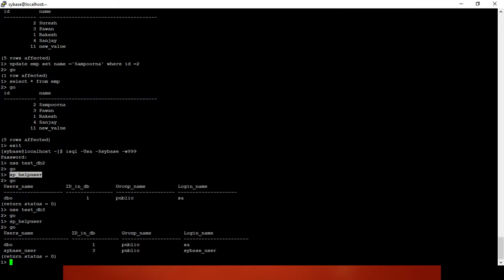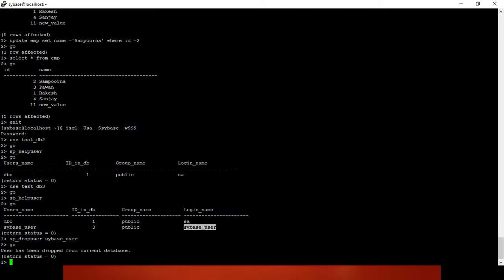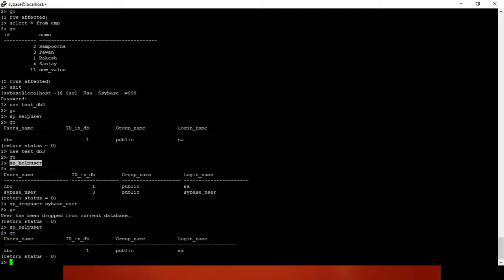So you can see the user is created. Now you can drop the user using sp_dropuser username to drop the user from the current database. Now you can see the user has been dropped successfully.